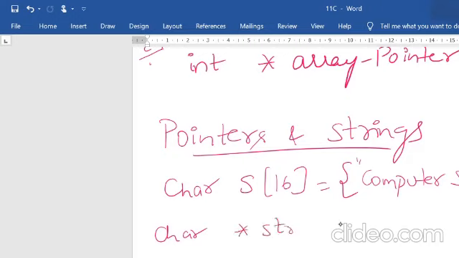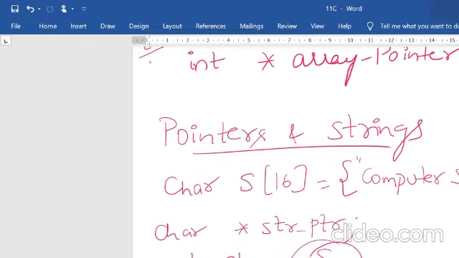Character star, string pointer, strptr, equal to S. Remember, this is how you give the starting address of the string. Only the starting address of the string is assigned, not S of i, just S. So this assignment statement assigns the initial address of the string computer science, that is S of 0, that is C for computer science.